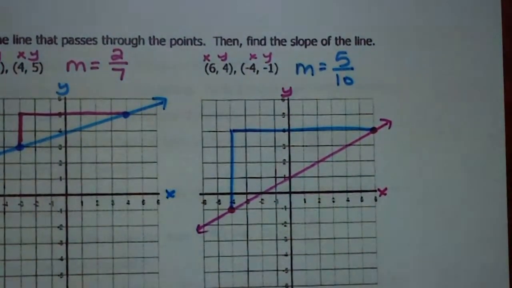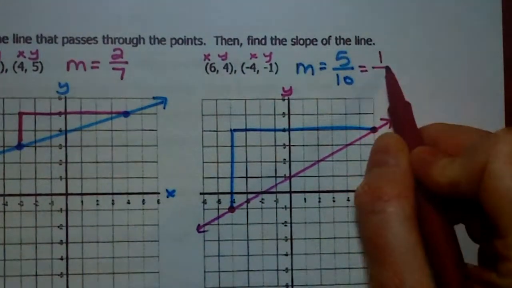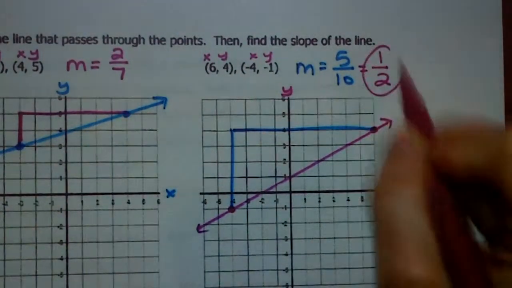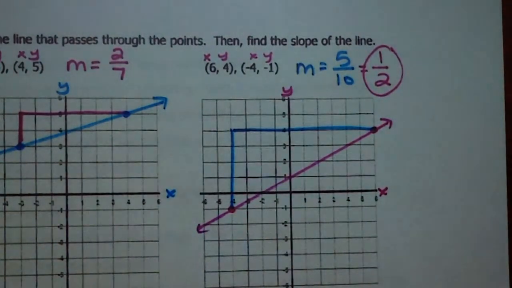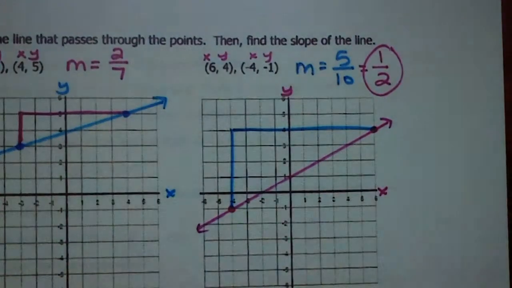5/10. Now maybe you're thinking, hey, that can be simplified. I hope you are. It doesn't simplify to 2. It's not 10 divided by 5. It's 5/10. So 5 goes into 5 once, 5 goes into 10 twice, and we have a slope of 1/2. Now I know that, yes, you go up 5, right 10 to get from point to point, but what you